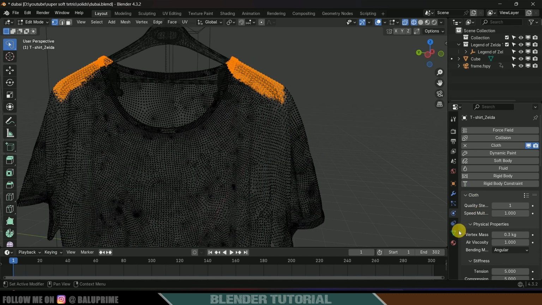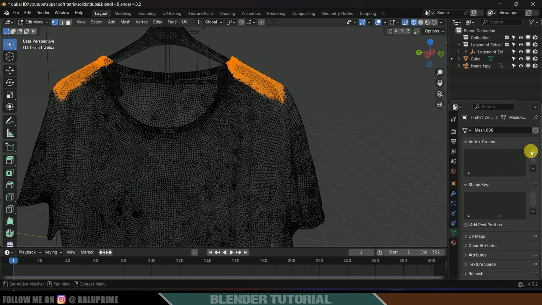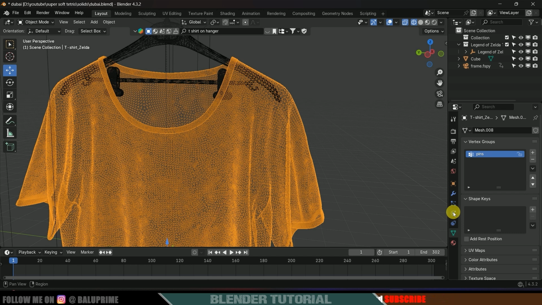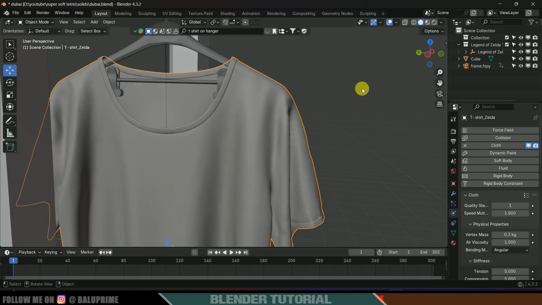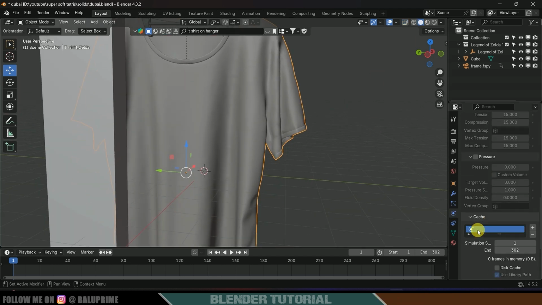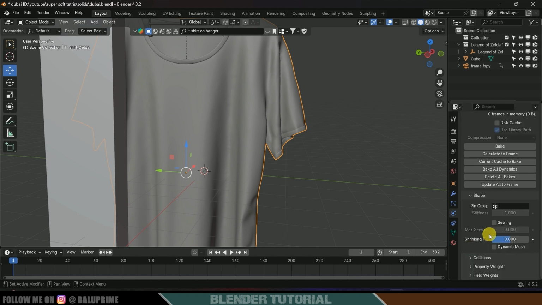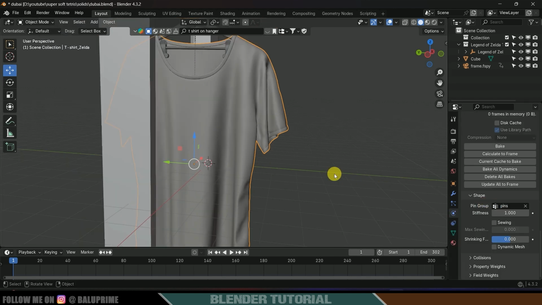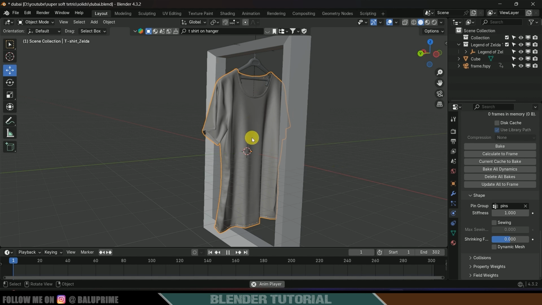After that come to this object data properties, click on this plus icon of the vertex group. Let's change this to pin here and assign. So we have assigned this vertex group to this pin group. Press tab key once again to exit edit mode. Now come to the physics property of our t-shirt, scroll down, come to the shape option here. In pin group we need to add the pins which we have created now. Now if I play this, this t-shirt will not fall down, it will be attached